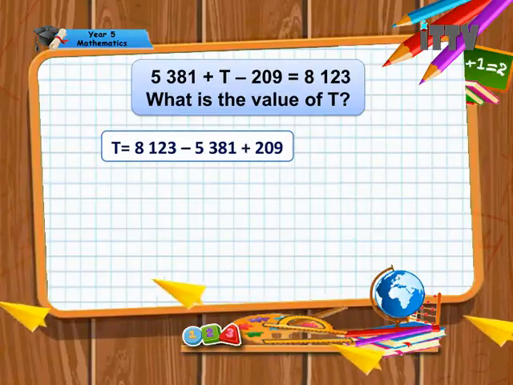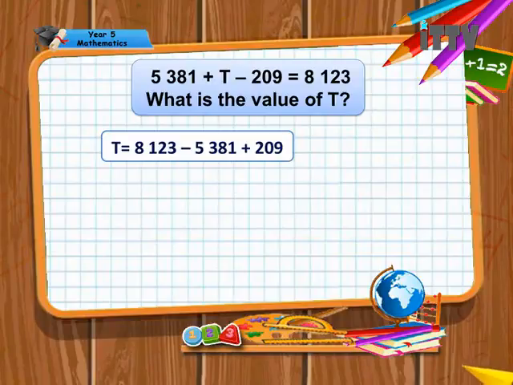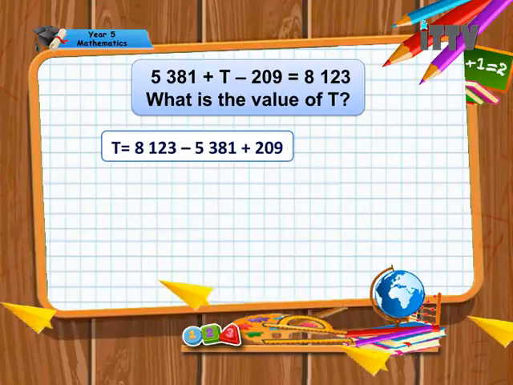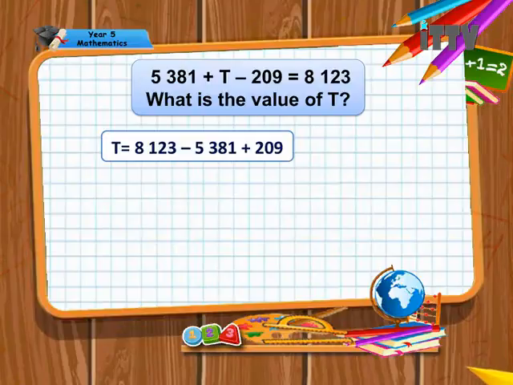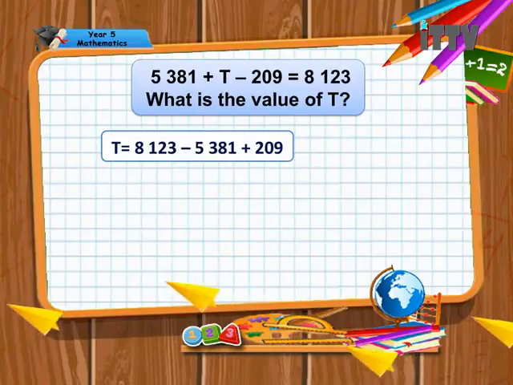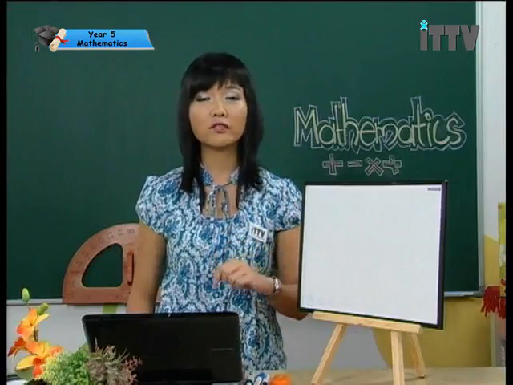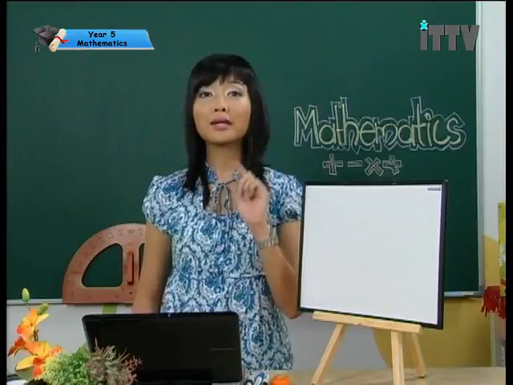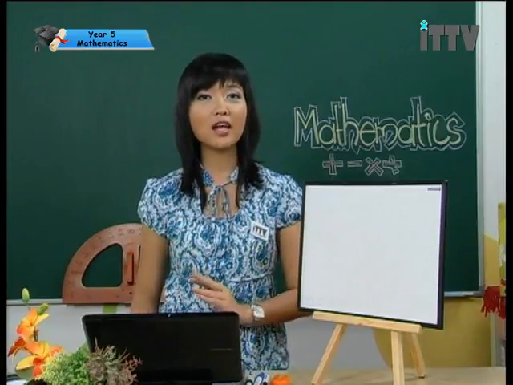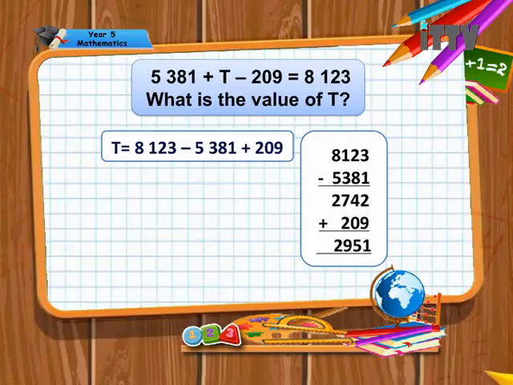We know that subtraction is the inverse of addition. So we can put t on one side, and on the other side we have 8,123. We move the numbers from left to right on the other side. So it will be 8,123 minus 5,381, because that's the inverse, yeah? Now, if you do not see any operation in front of the number, it means it's a plus. When you move it to the other side, it becomes a minus. So we have minus